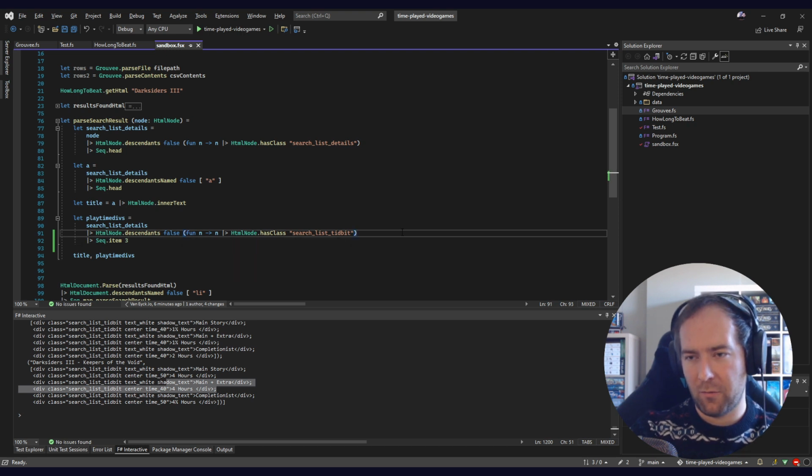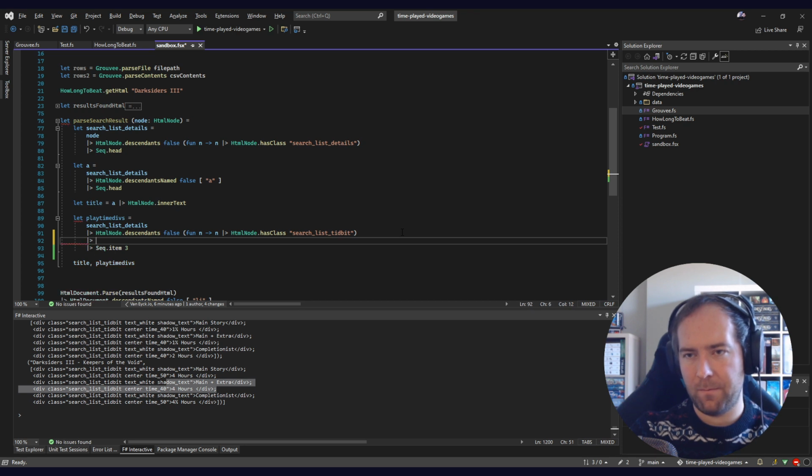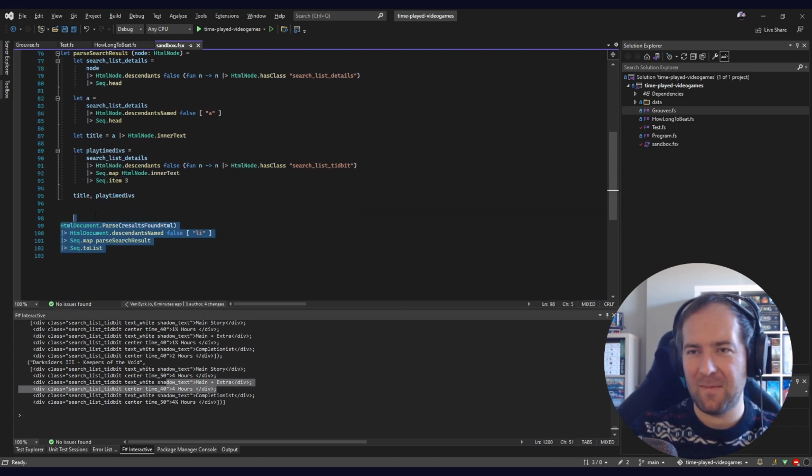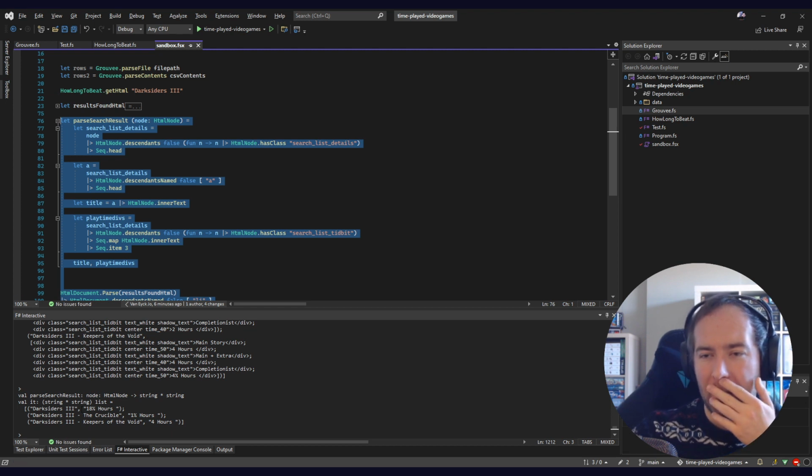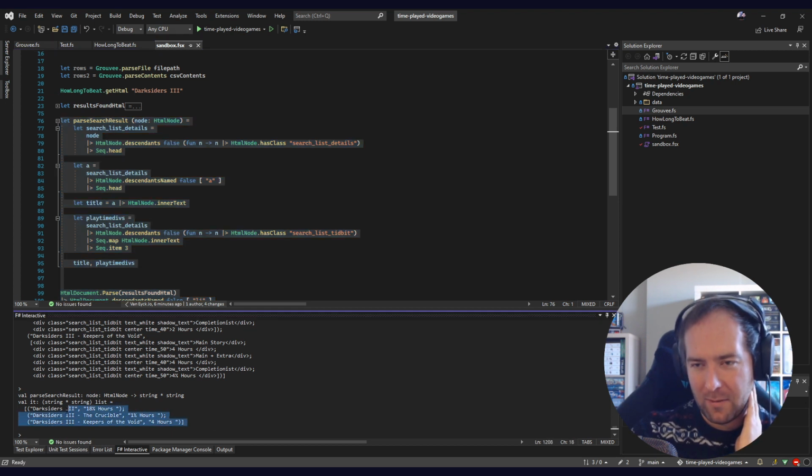And let's just extract the inner text again. Inner text. There we go. And tabs versus spaces. Sorry for this. I'll never get used to it. There we go. It's a weird string right now instead of an actual number, but we're getting very close